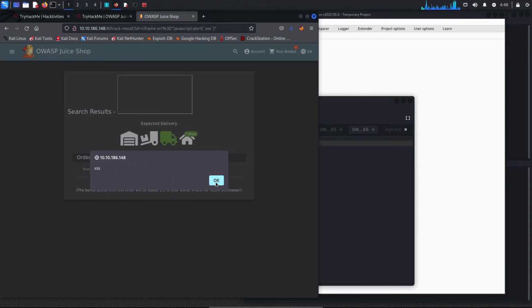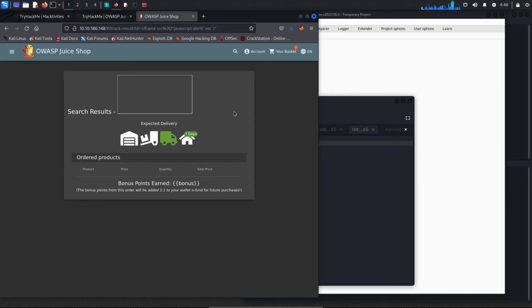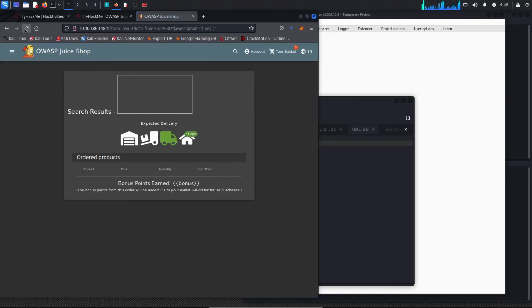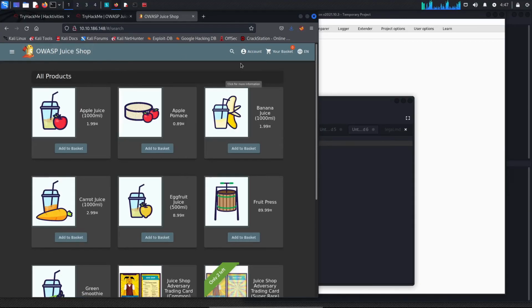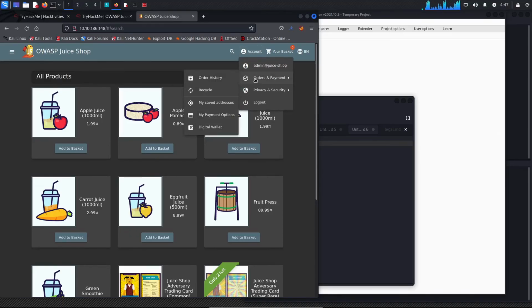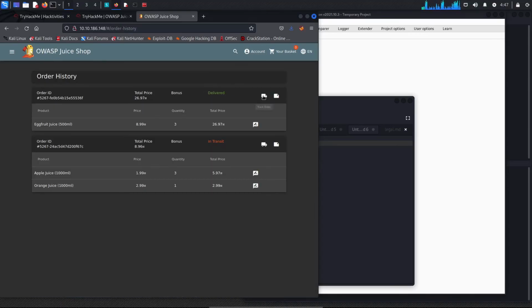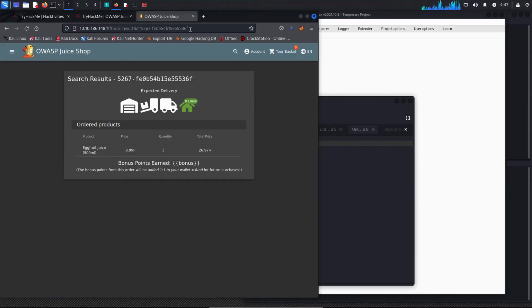Our code was executed, but it looks like the flag didn't work. Let me do it once more. So it is being executed, but for some reason we don't see the flag. Sometimes this happens. I'm just going to do this again and replace this again.